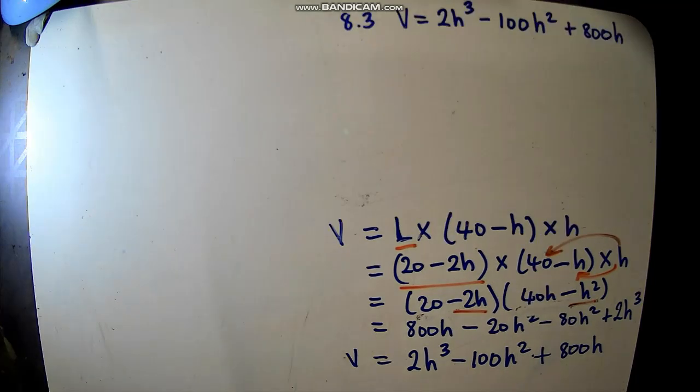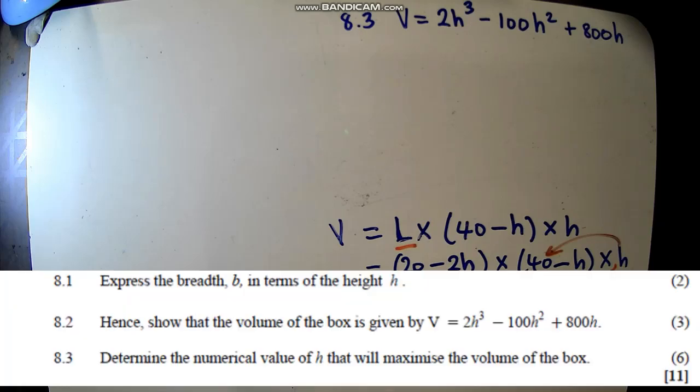Right, read question 8.3. It says find the numerical value of h that will give maximum volume of the box. So there we go, it's becoming like the parabola again. So you're going to have to do a derivative on that, and then let it equal to 0. Right, so let's look at the first term. 2 times 3 is 6. And then we have to subtract 1 from the exponent. 2 times 100 is